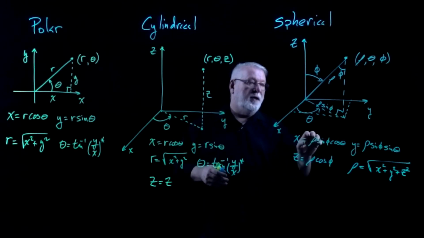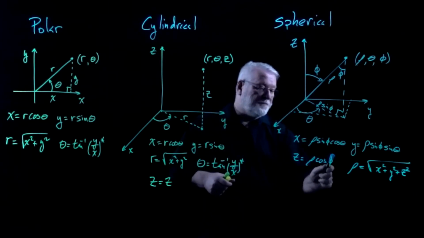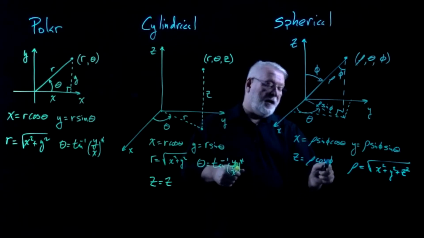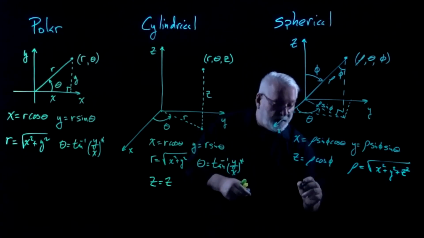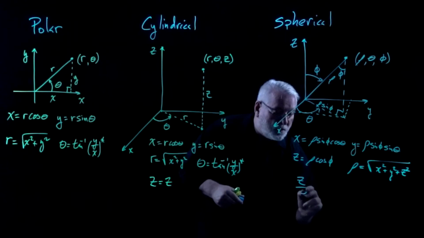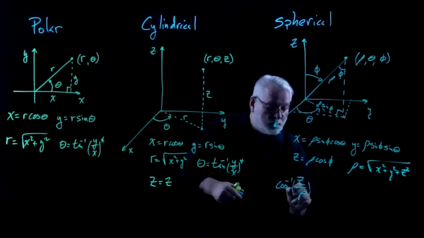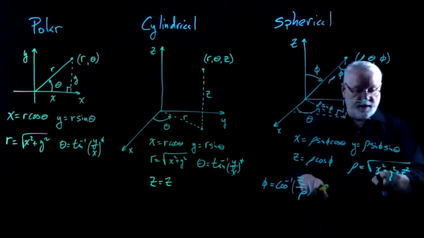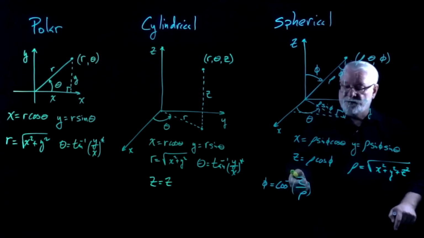Next, to calculate what theta and phi are in terms of x, y, and z. The first one's the easiest one to find, and that's this one right here. I can find the phi coordinate just by solving this for phi. And of course, that would be z over rho, and then the arc cosine of that. And that is the phi coordinate on its own. Of course, rho is the hyper-Pythagorean theorem. So if we substitute this in here, there's phi in terms of the inverse cosine of all x, y, and z